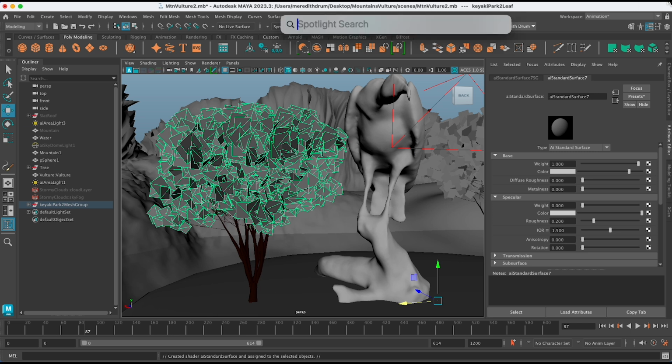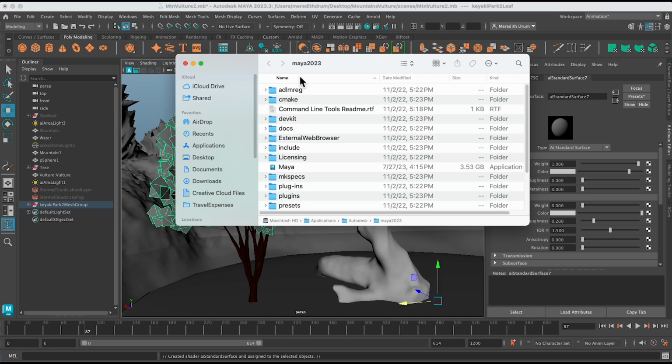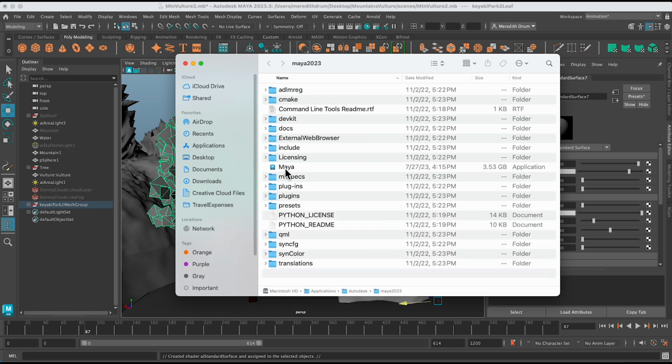I looked in my Maya folder because I found the path to this. To be honest, I can't remember now where I found the path, but I think it's going to be in here. Let's see, let me just look at where that is. Autodesk, Applications, Maya. I know this is a little odd, but you actually have to look inside the application right here. You can see it's 3.53 gigabytes, so it has some materials in there, which you can't see unless you look inside of it.